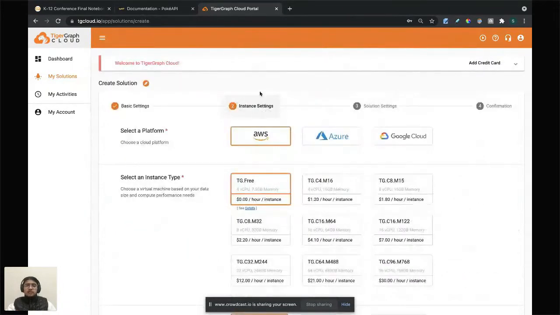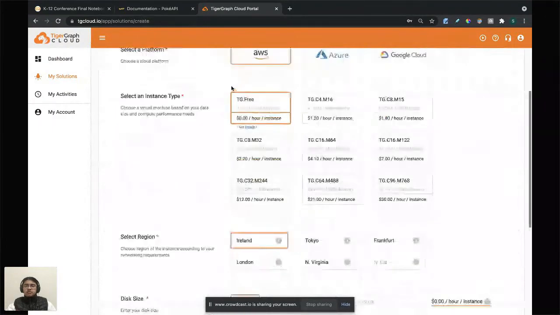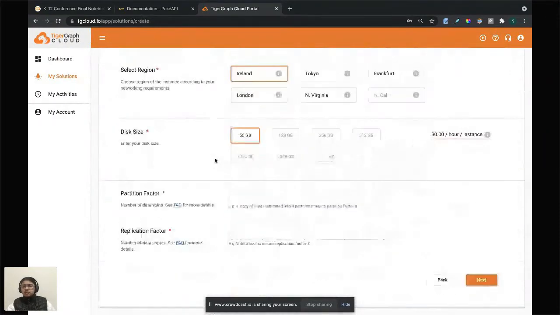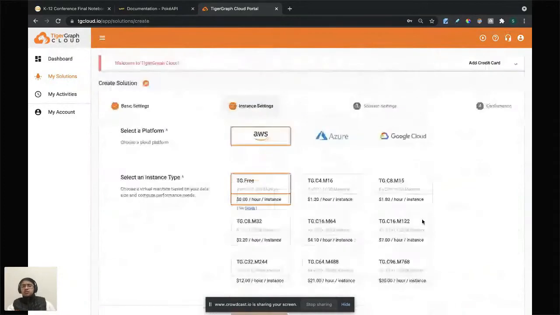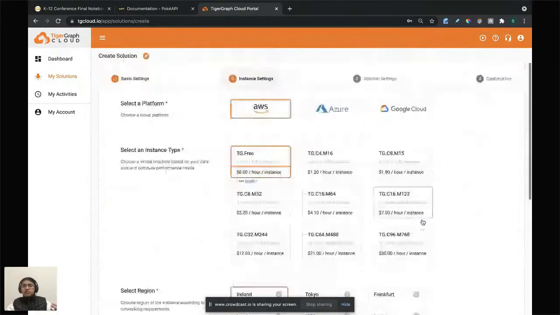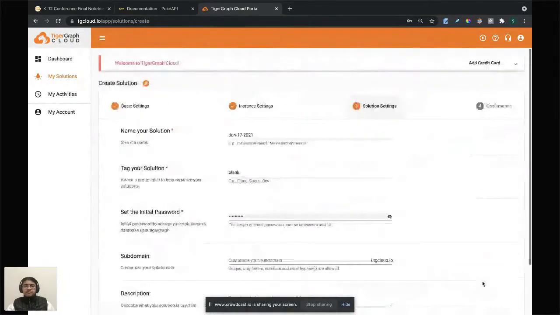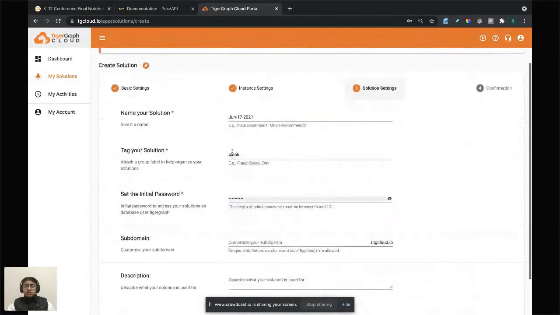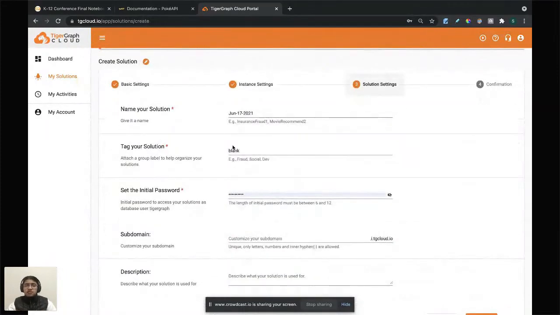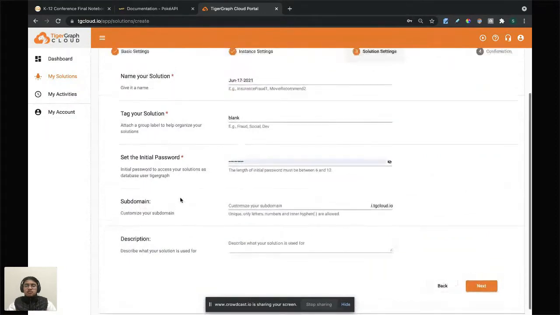So press next, and then on the second page, don't click anything. You don't have to worry about this. This is in essence just saying that we're going to start up a free tier for TigerGraph. Now, here in Solution Settings, you're going to need to name your solution, tag your solution, set a subdomain,